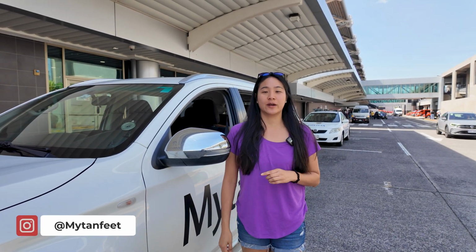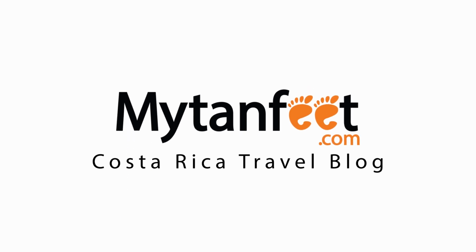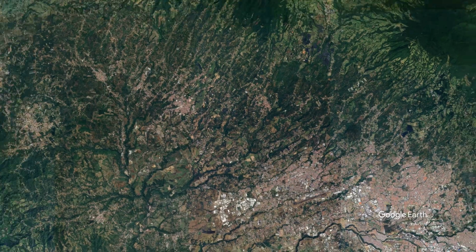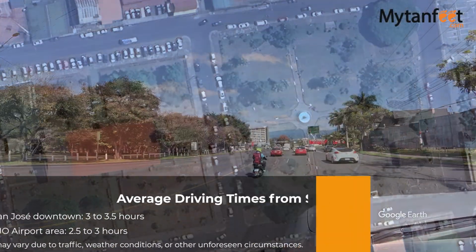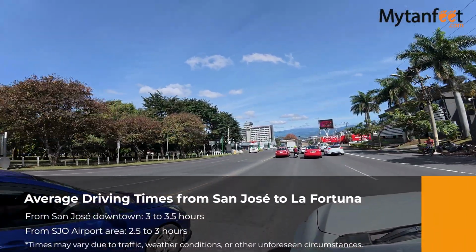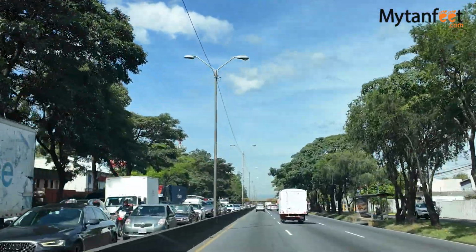In this video, we are going to show you what it's like to drive from San Jose or the San Jose International Airport to La Fortuna. If you are driving straight to La Fortuna from San Jose or San Jose International Airport, the most popular route that Waze and Google Maps will take you to is via Route 1 and Route 702, which is the route in this video. Just remember that San Jose International Airport is in Alajuela, which is about a 30-minute drive from